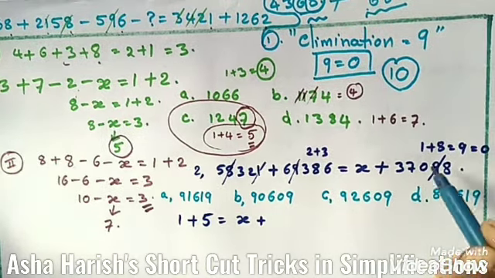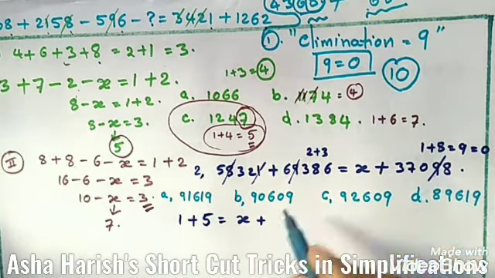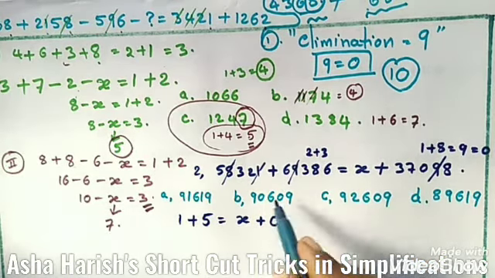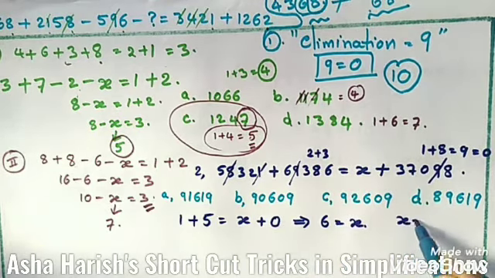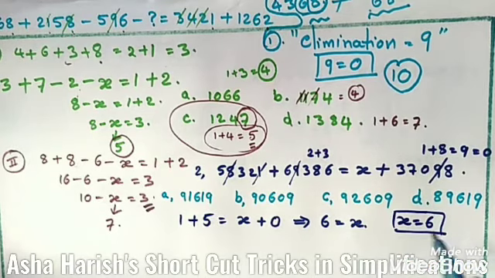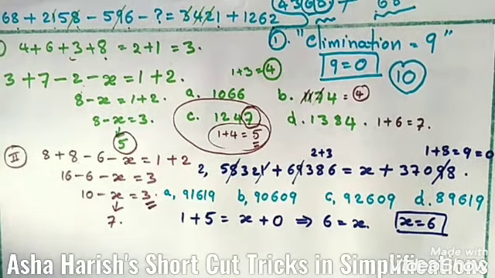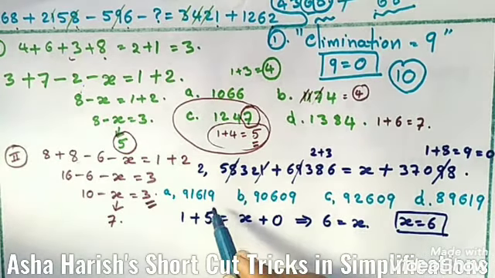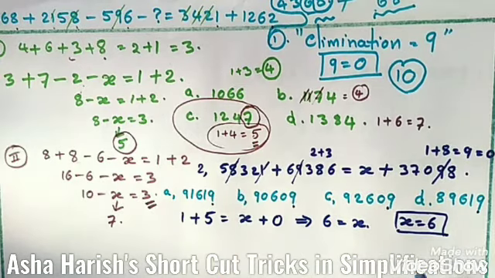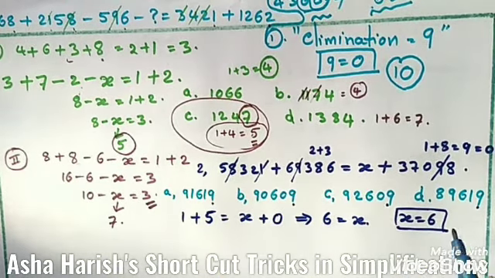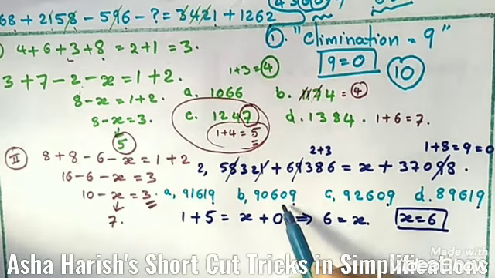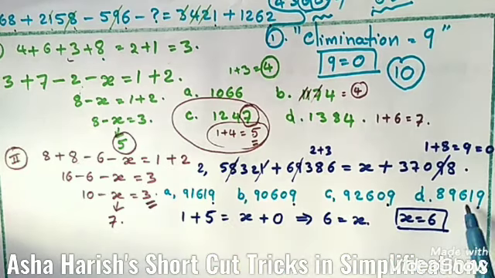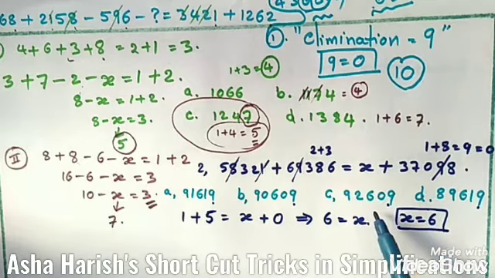We have to eliminate this number also, so in the place of this value you have to take 0. Now that implies 6 is equal to x, nothing but x is equal to 6 here. Coming to all the options, in ones place all are 9s only, so the second rule, the units place rule, is not applicable to this question. In these options 19 and 19, the tens place digits are the same, so the third rule is also not applicable.